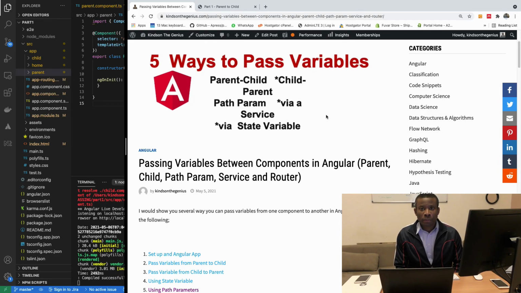As an Angular developer, you should know the 5 different ways of passing variables from one component to another. And we have the parent-child, we have the child-parent, which is event emitter, then we have state variable, we have URL parameter, and we have service. So these 5 methods of passing variables across is very important for you to know because you need to choose